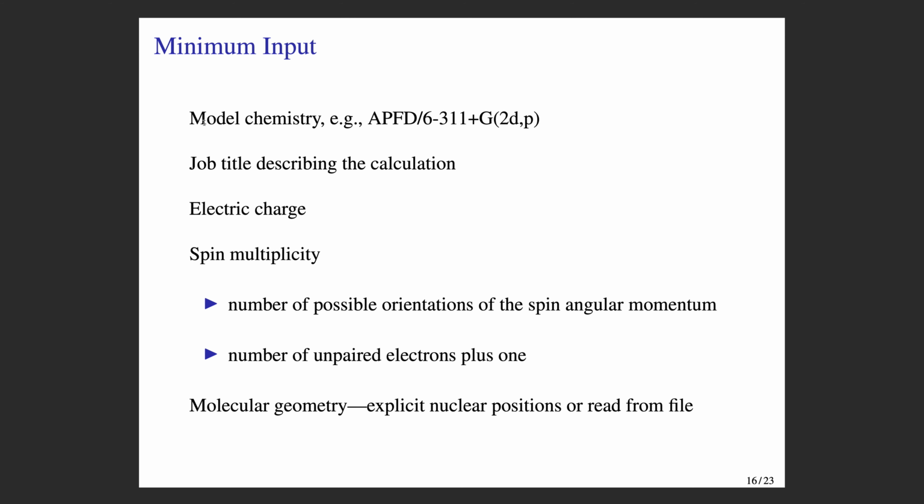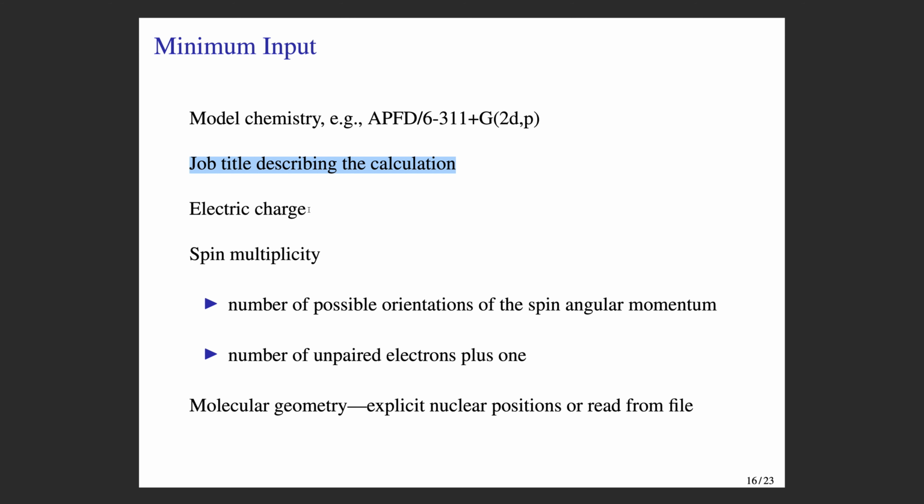After the model chemistry is specified, one usually includes a job title that describes the calculation, and you can include as little or as much information as you want there. It's usually a good idea to document what the job is and why you're doing it. That way, when you go and look at the results sometime later, you have a sense of what you were